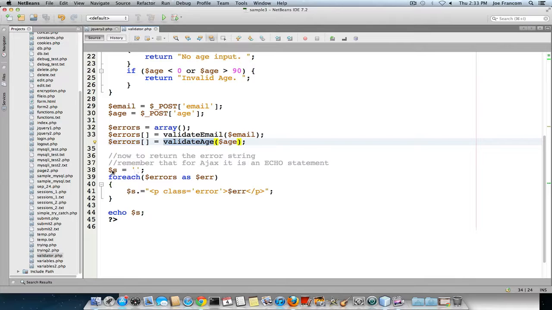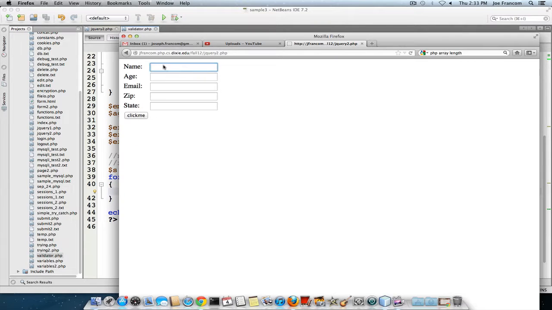So finally, I will just take an empty string, loop through all my errors, stick some p tags around it in an error class. You could then make a handle with this in your CSS and make it look a little prettier. But what happens then is we look over here as I put in my name, age,